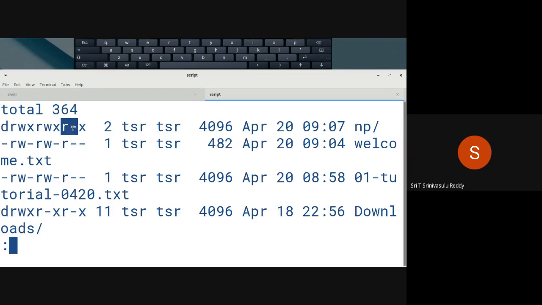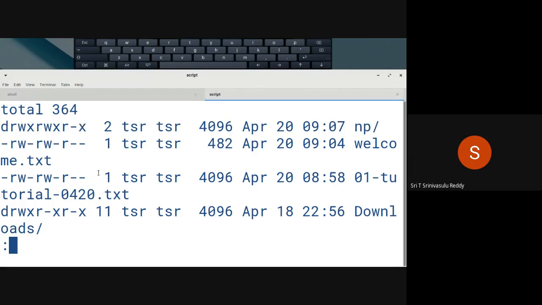This last set talks about others, the rest of the users within that particular system. Whenever there is a hyphen in the permissions, it means that you don't have the permission related to that. Write permission is not there on this particular folder for people other than the owner and the group. That's what it means.